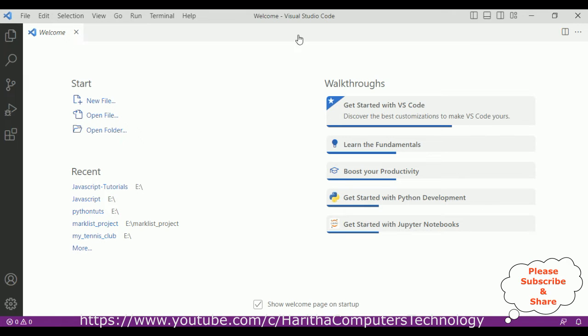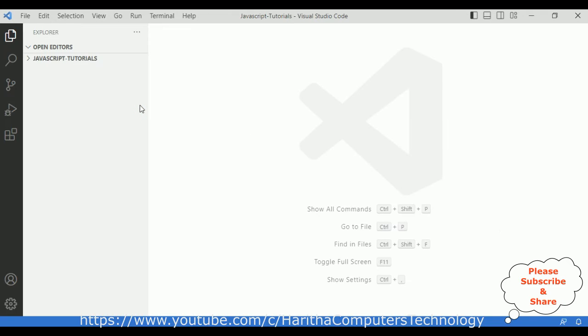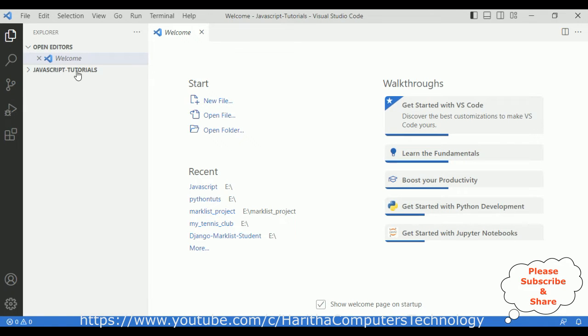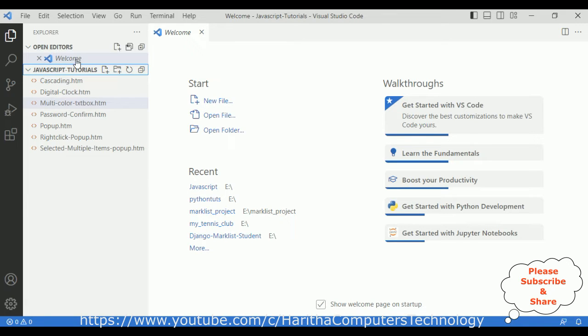For this video tutorial I am using Visual Studio Code. First let's open our folder, which is JavaScript-tutorials. And here it is, our folder is added to the VS Explorer. Let me expand this folder. Now inside this folder I'm adding one new HTML file called div